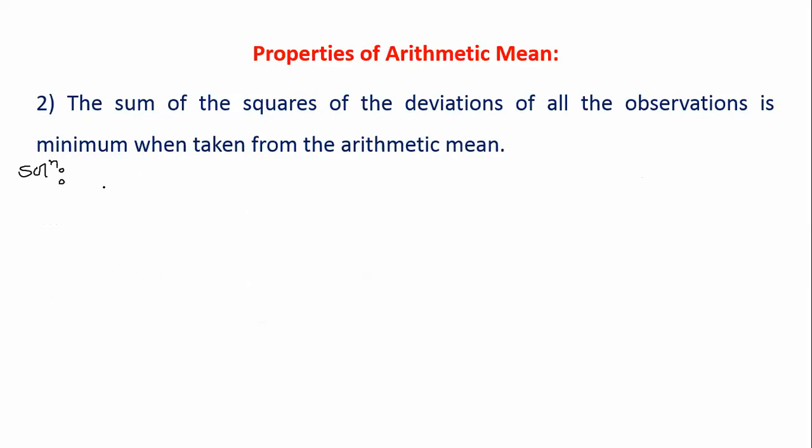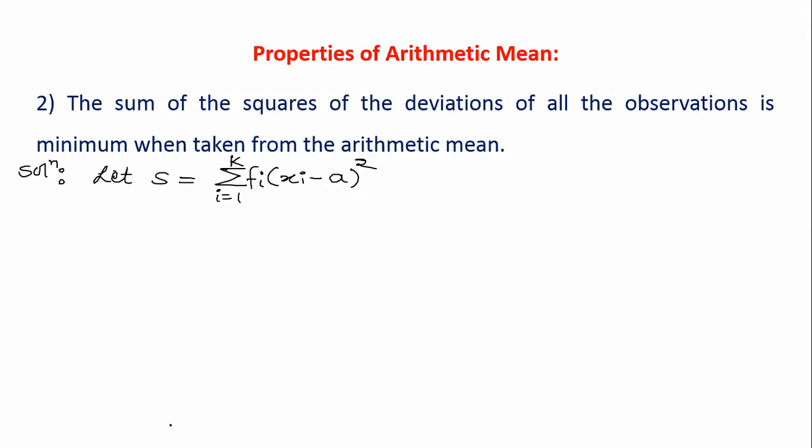So here, let S be, and now I'm going to speak in general for grouped data, summation of xi minus some arbitrary number a, I'm taking the square of that, and that is multiplied with fi, summation i from 1 to k. So this is going to be my formula of S. S is equal to this much. And it is told in the statement that the sum of squares of the deviations of all the observations is minimum when taken from the arithmetic mean.